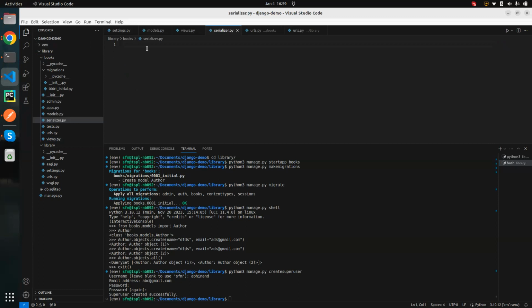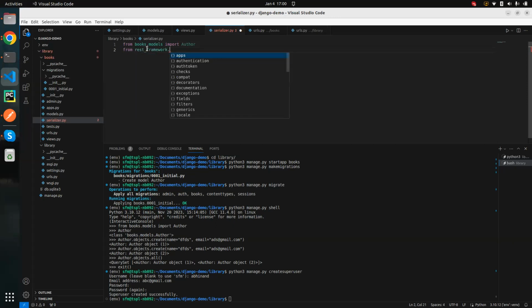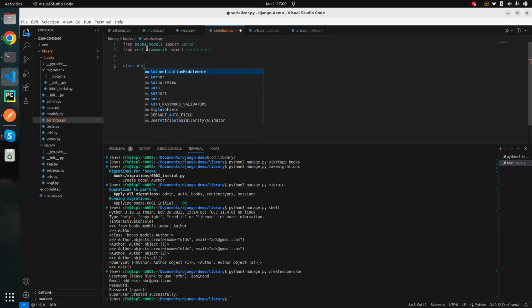Okay, and here I am going to import our model and Django serializer. From books.models import Author, and from rest_framework import serializers. And here I am creating a serializer class, that is AuthorSerializer,